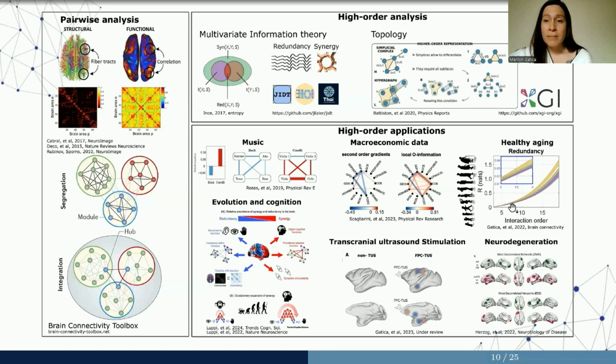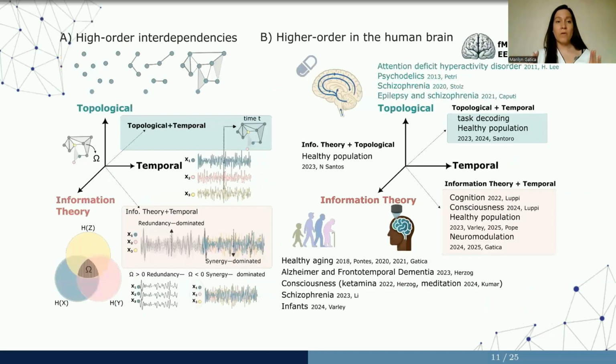And I would like just to mention brief examples here, some analysis that we did in healthy aging, but there are also some applications in neurodegeneration, also transcranial ultrasound stimulation in macaques, cognition, and so on. And just to put this in terms of different axes, we have here the axis of information theory, the topological one, and also the temporal resolution of these different patterns. And nowadays in neuroscience, using fMRI data or EEG data, you have a bunch of different applications doing this type of analysis too. And particularly during this talk, we will be focused on neuromodulation in humans, in particular